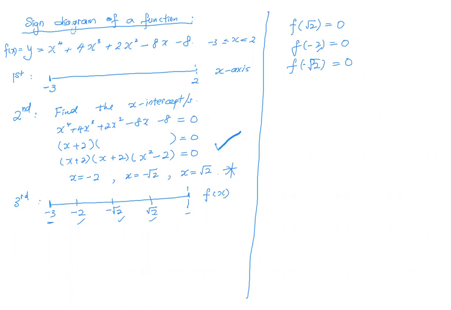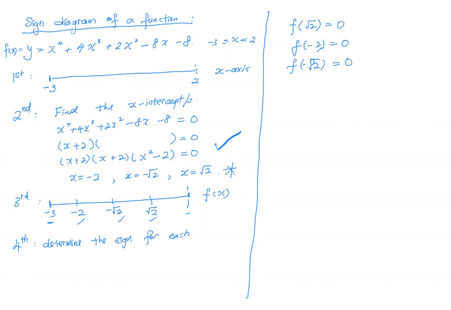Okay, you get me? So this is how you interpret the value that is stated on the sign diagram. Okay, so we have done with that. We know that whatever we mark on the line, other than the ends, they are the x-intercepts for the function. Okay, so fourth step. We are going to determine the sign